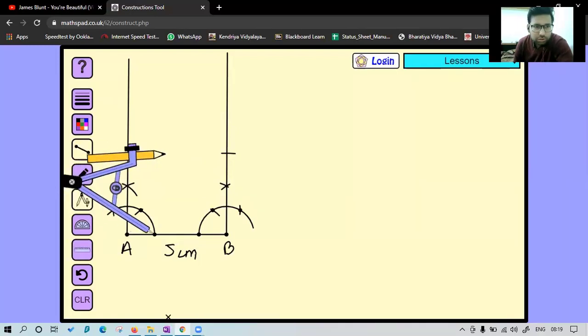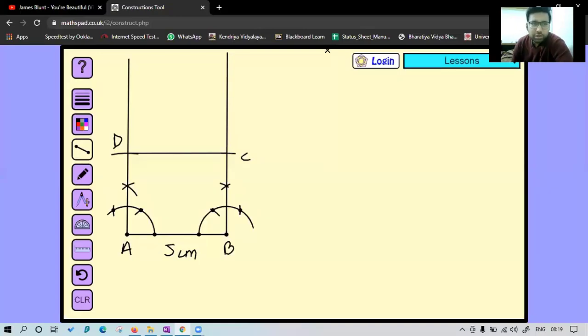And we are done. So this is your point C and this is your point D. Just join these two and you are good to go. It is done. And this is your required rectangle where this is 4 centimeter and this is 5 centimeter and all the angles are 90 degrees. I hope this question is clear to everyone.